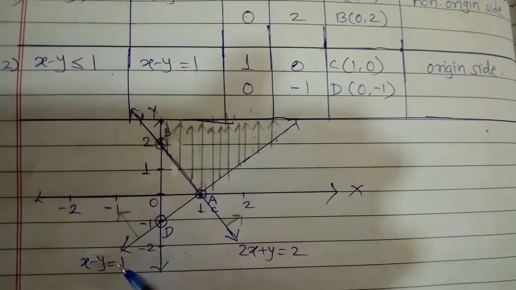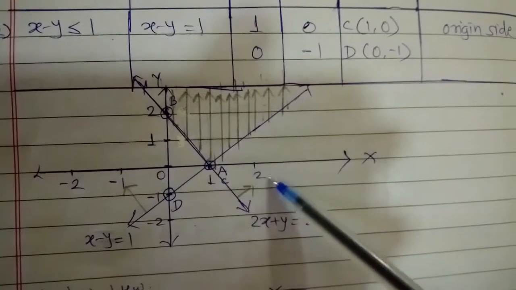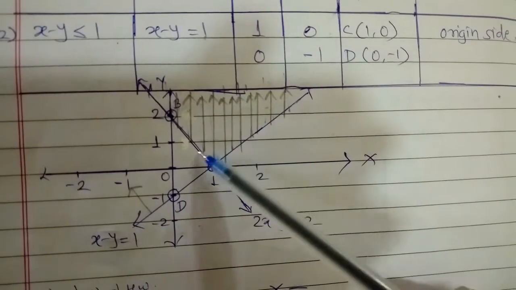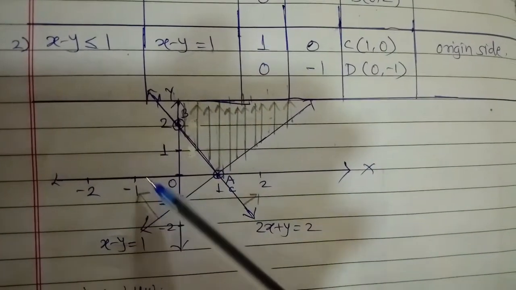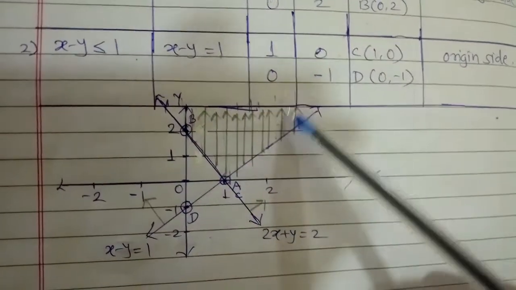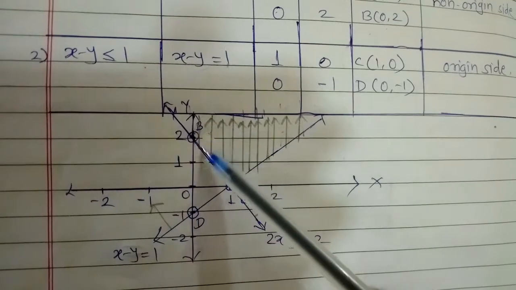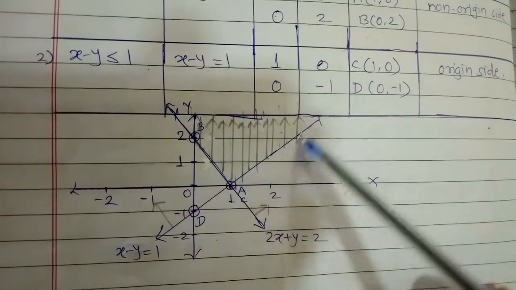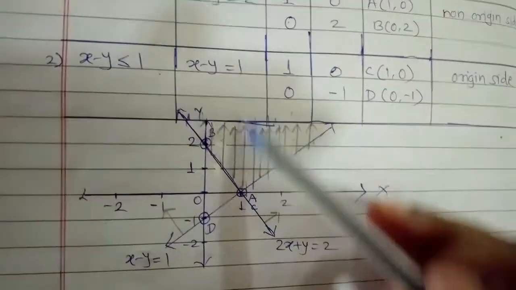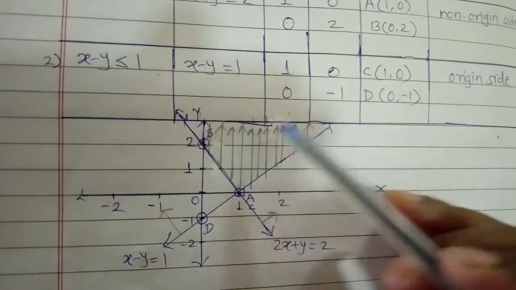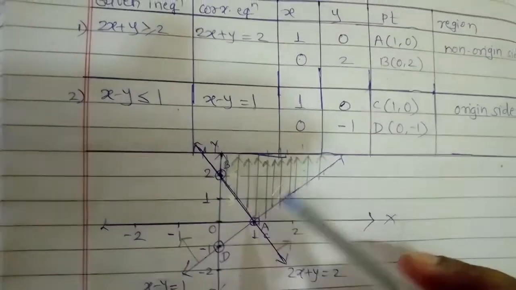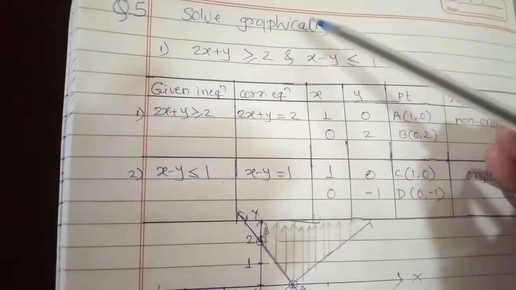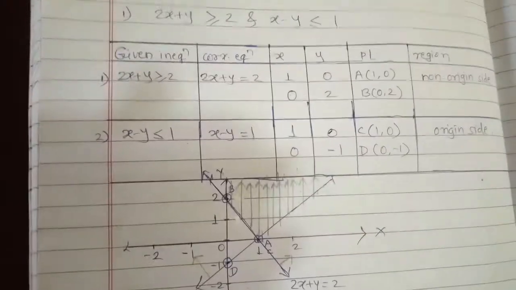So I draw only one arrow here. Now see, if we draw the arrows like this, the arrows will be like this on this side, and these arrows will be like this. The common point or common intersection of these two lines is this part. So together we draw these arrows like this. So this part is the solution, or the graphical representation, of these two equations.